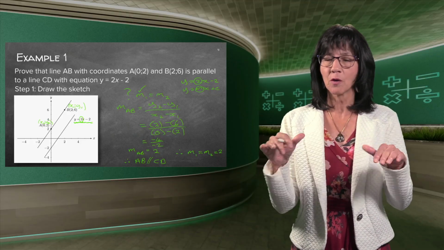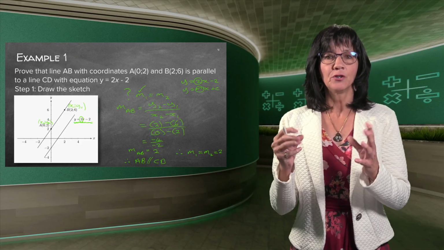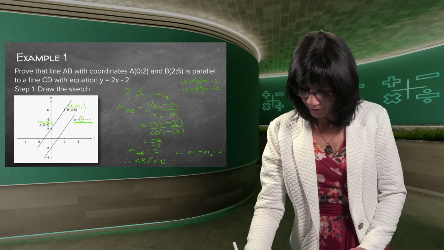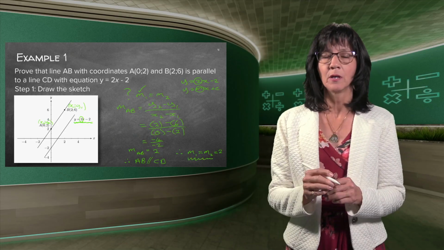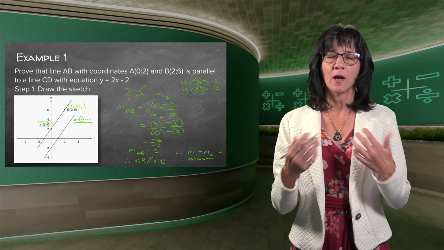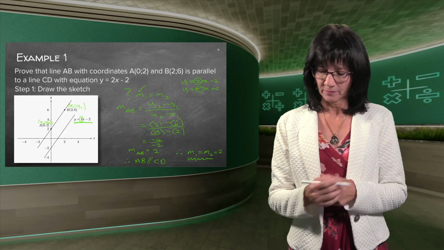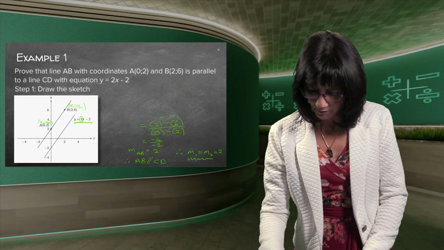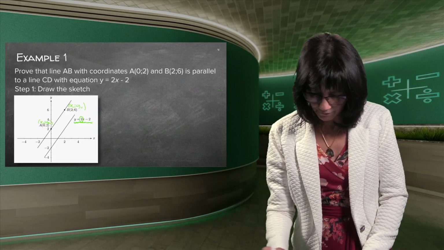So you cannot stop just by working out the gradients. You need to tell afterwards. Because the gradients are equal, it's very important that you write that down. Because the gradients are equal, I know now that the lines are parallel. Good. You're going to redo this all on your own without looking at any answer first.